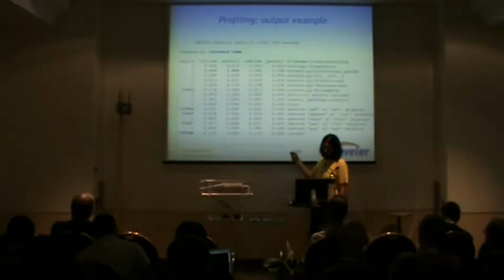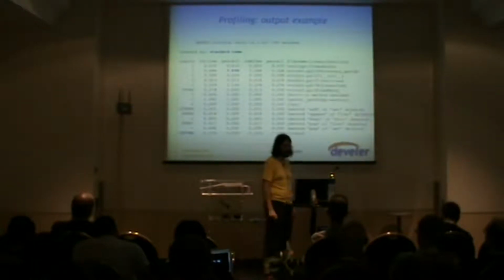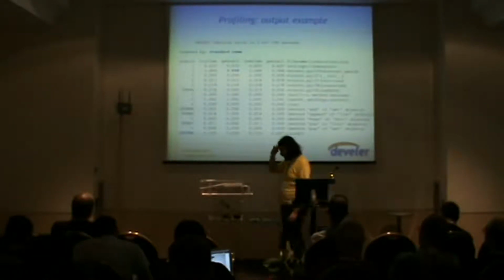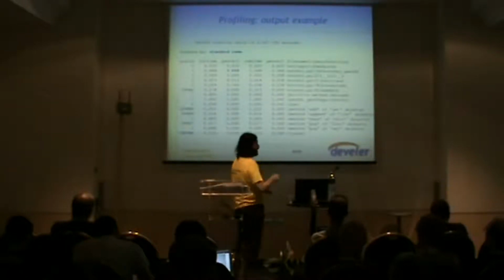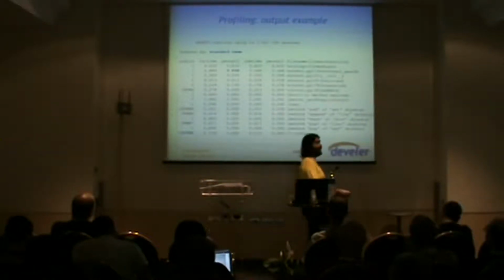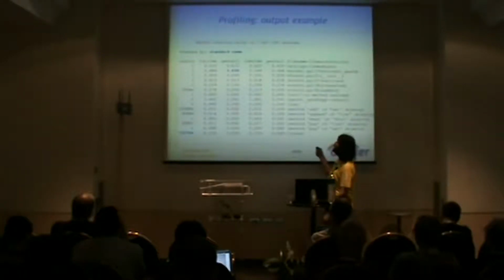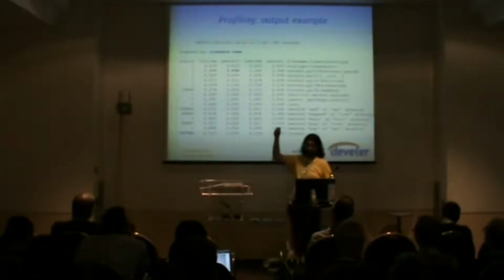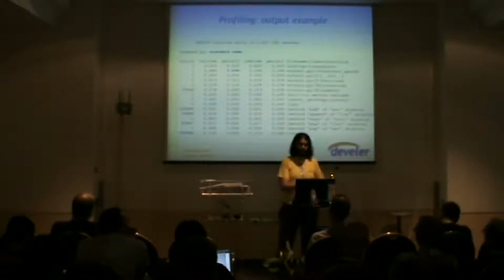So you say there are 389,000 function calls in 2.6 seconds. Keep in mind that this is not the real running time. It's the running time within the profiler, which is much slower than the real running time, okay? But it's still printed, because if you change your code, you can still compare it, because relatively speaking, it's correct. Then if you want to know exactly how long it takes, you need to run it outside the profiler, okay?